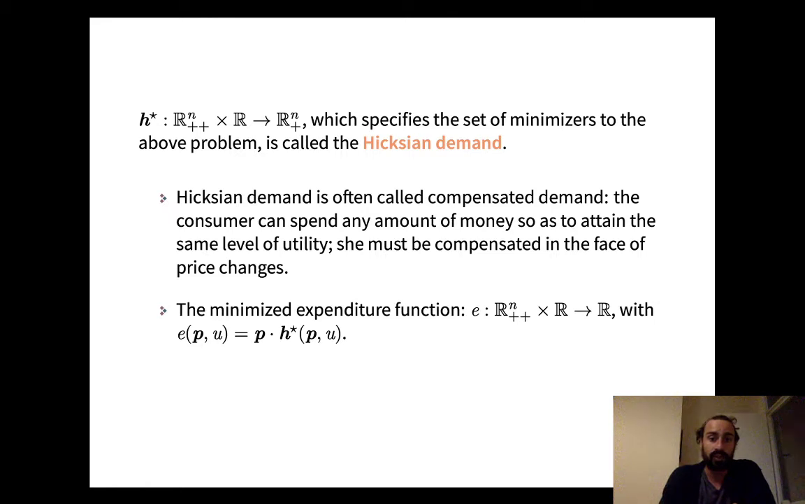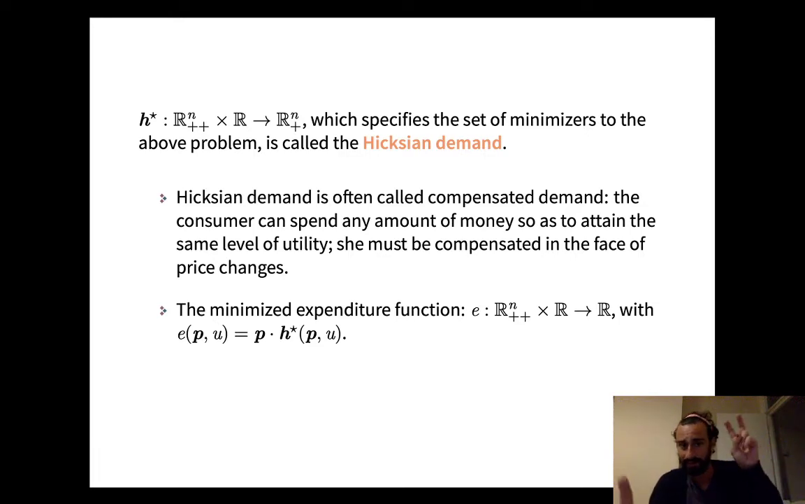The Hicksian demand is often called the compensated demand. All right, let me start over. Hicksian demand is often called compensated demand. And that's because when prices change, the utility of the consumer has to remain fixed. So if prices increase, we have to give the consumer the ability to spend more money, or compensate her for that price change. So when you go to the store, if you have to maintain a utility of 10,